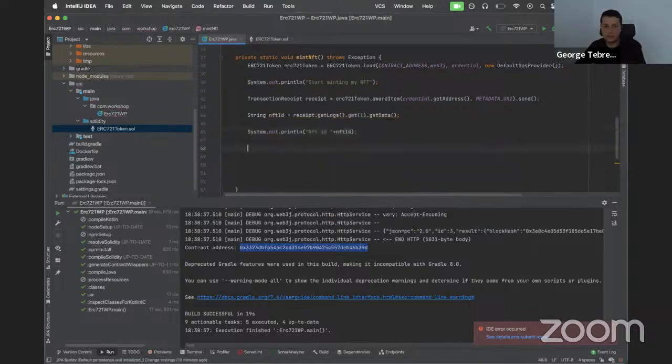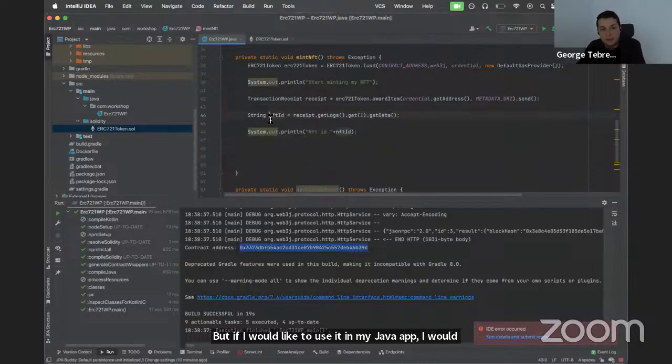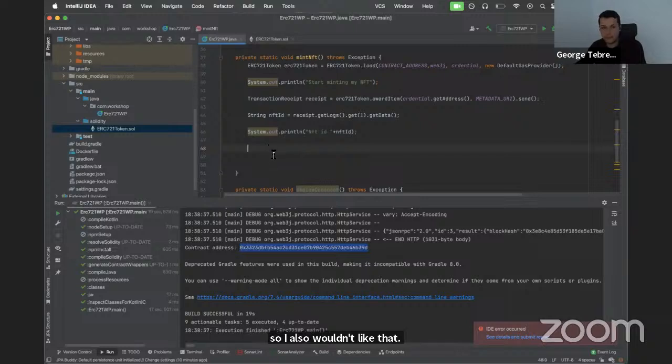But if I would like to use it in my Java app, I would like to use it in a value that I know, and I expect it to be an ID, which it should be, most probably a big integer. And also, we will see here in the log that it will be 32 bytes padded, zero padded. So I also wouldn't like that to be in there. So I will convert it right now to a type that I know. And for that, I will use, let's say,